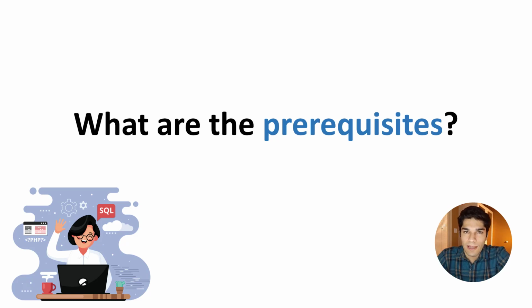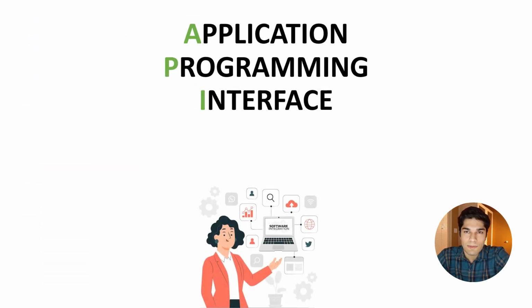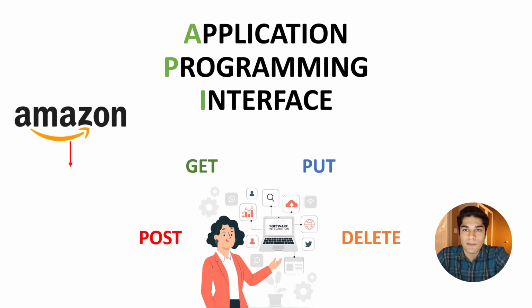Now let's take a look at the main packages and concepts for this project. As an introduction, APIs are application programming interfaces that enable different technologies to speak with each other. They can connect things to the internet. For instance, your car or TV can communicate to the internet using APIs. APIs use HTTP request methods such as GET, POST, DELETE, and PUT. So when you enter a website, let's say Amazon, it gets the data from their servers using APIs and shows it